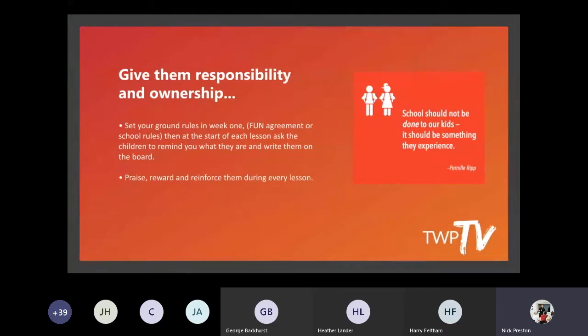Give responsibility and ownership. Over the course of the last 2 weeks, you may have touched on the different learning styles. I know those who are doing our apprentices, we're now looking at this in Unit 2 on your apprenticeship, is the autocratic, democratic and laissez-faire. So it's really important that you use those learning styles to set the ground rules first, but then give them some more rope to take. So when you go into a school for the first time, think about it as giving them some rope. I would give them very little, and I would set my outcomes, set my expectations, and set your stall out at the start, and then you can release that.